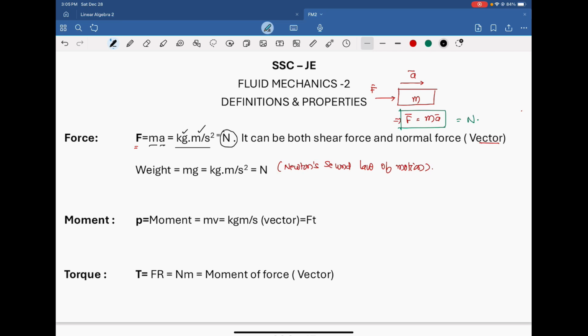This is the derived unit of force. Mass is kg, acceleration is meter per second square, and from this the unit is called Newton. Please remember, force is measured in newtons, which is equal to kg meter per second square, and force is a vector quantity. If an object is subjected